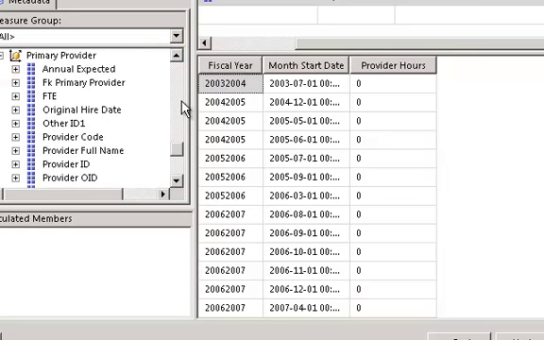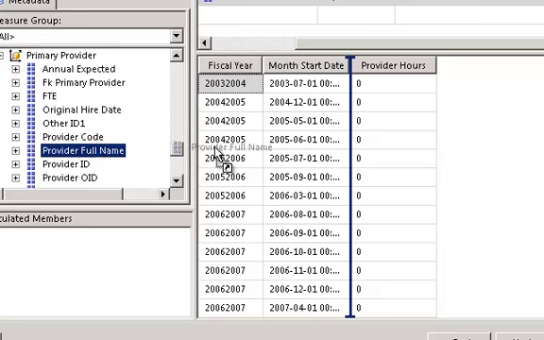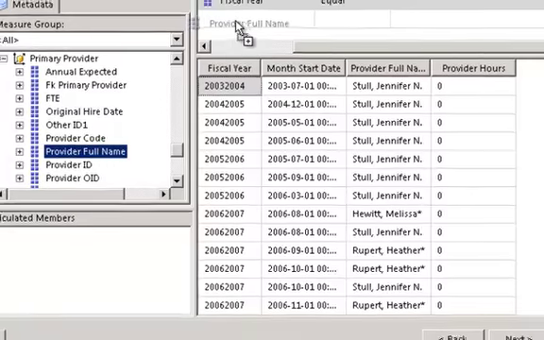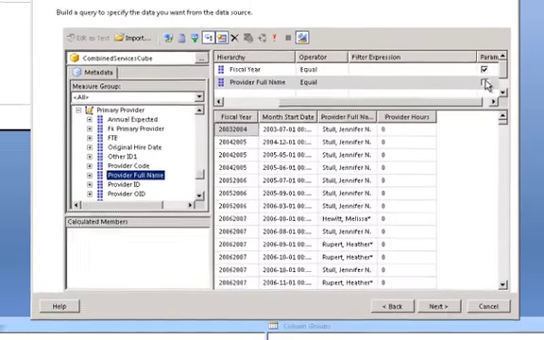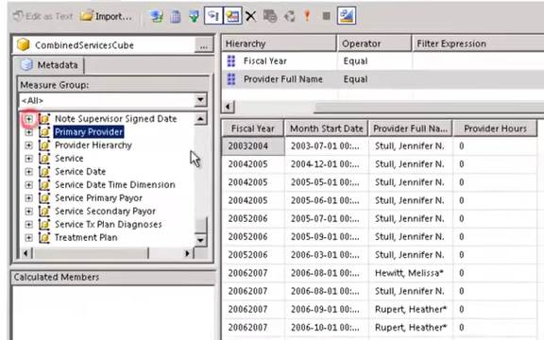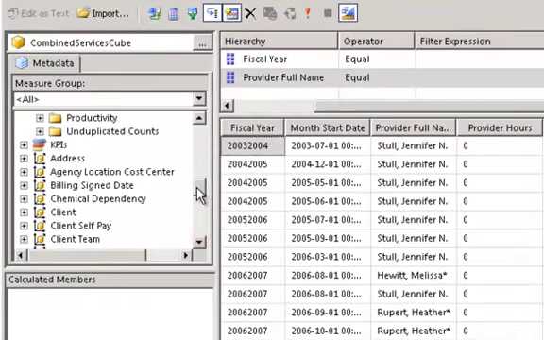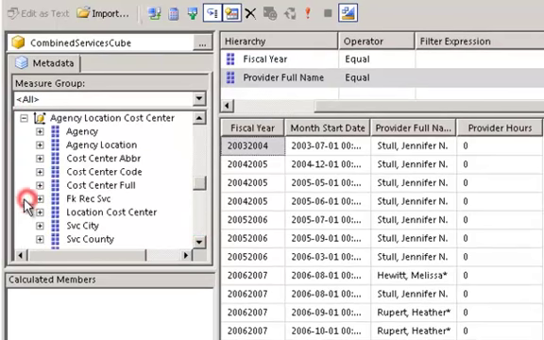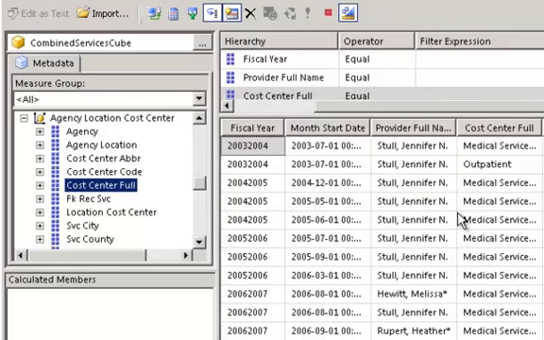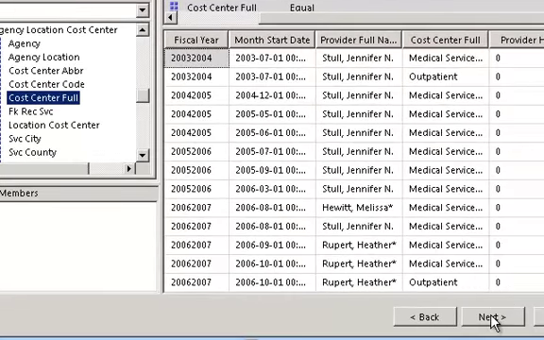So we're going to build this visual query. It'll execute right there very, very fast because it is going against the cubes where everything is pre-aggregated in the cube. And once we have the query the way we like it with all of our filters and all of our parameters, then we can easily go to the next step. Here we're bringing in cost center full name as a filter and as a measure and a dimension in our visual MDX query. So that looks good. We're getting to the point where we can now go to the next step,